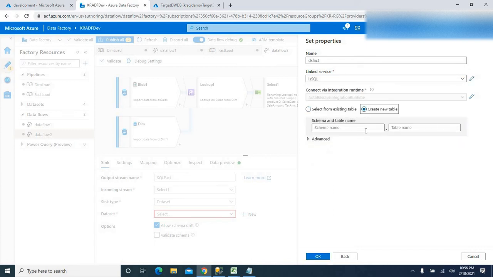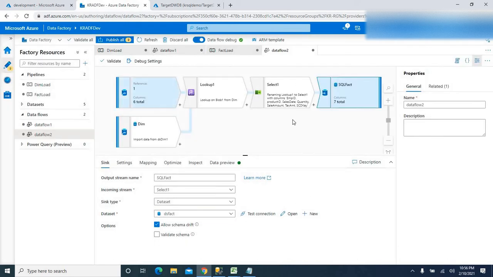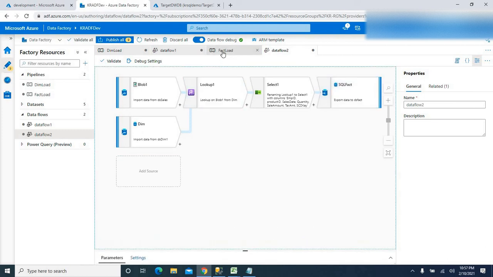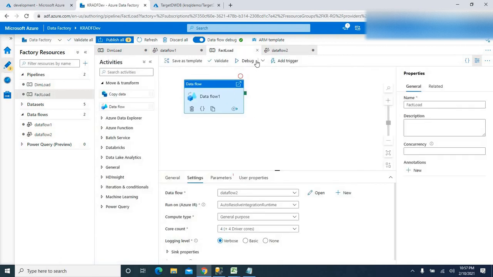I'm gonna create a new table here because I don't have the fact table created currently, so I'll say fact sales. That's it, we have nothing more to do, I'll just say okay. We are done with our pipeline development. Now I'm gonna debug our pipeline.